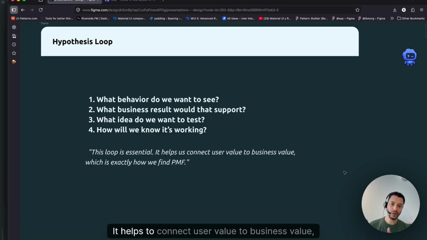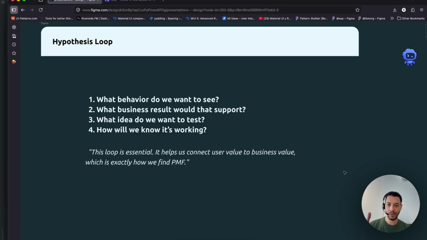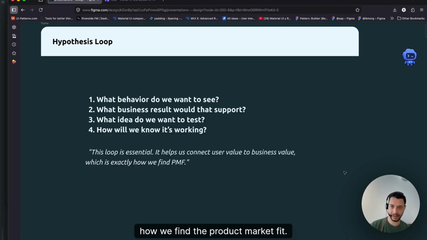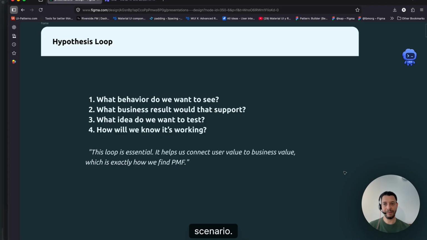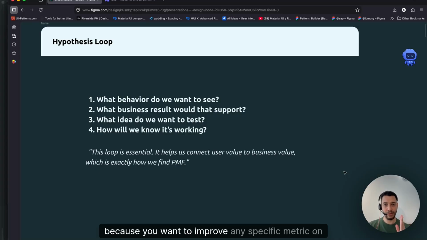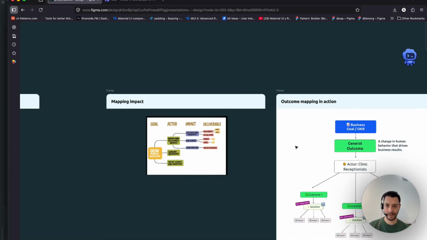It helps to connect user value to business value, which is exactly how we find product market fit. In case you are working on a product market fit scenario, but if you are not, it could be any specific solution that you want to test because you want to improve a specific metric in the business.